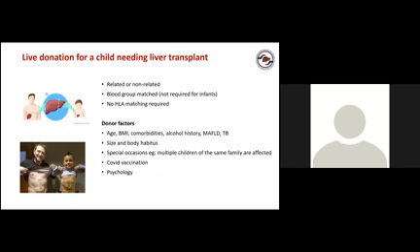So what are other factors which would be important to know when we consider a live donation for a child needing a transplant? A person who's related or non-related can donate. It may be the mother, father, or somebody who's totally non-related. However, blood group matching is required. For example, if a child has the liver disease and has an A blood group, a donor could be O or A.